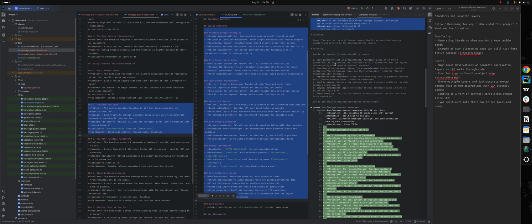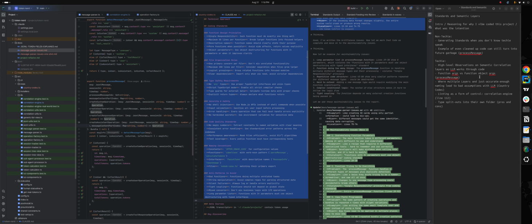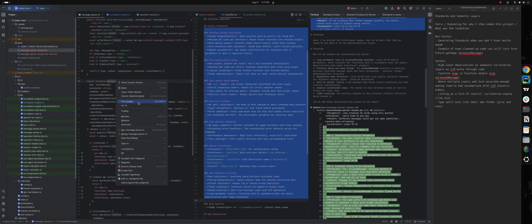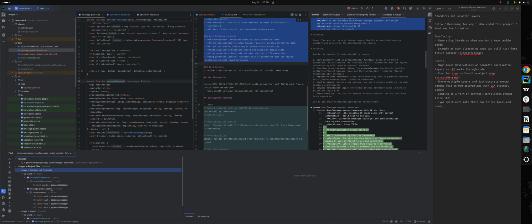Anyway, getting to examples. We went through the one-shot stuff. Let's see, process message, and that's in the message parser. As I talked about earlier, I had Claude clean up code and it made this thing. If we're talking about semantics, this comes down to usage. So if I go find usage and I say here,